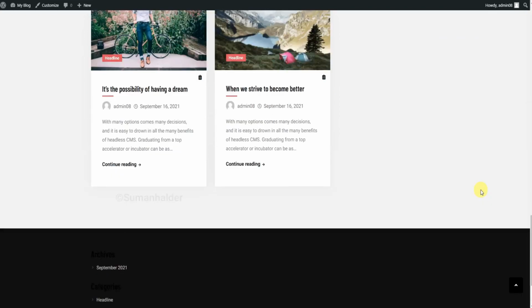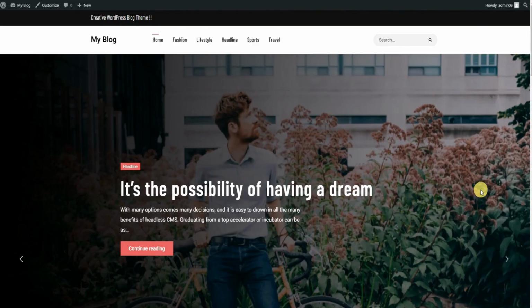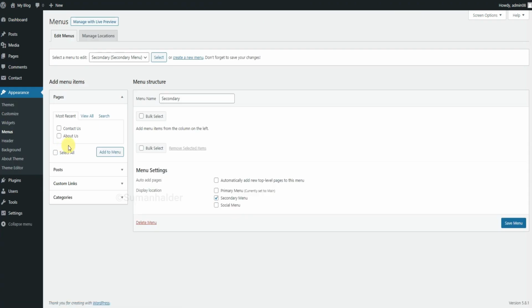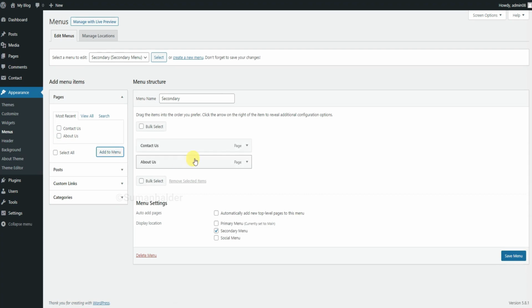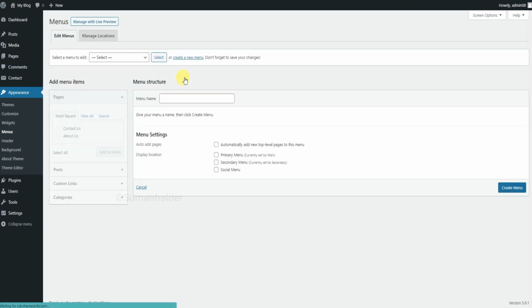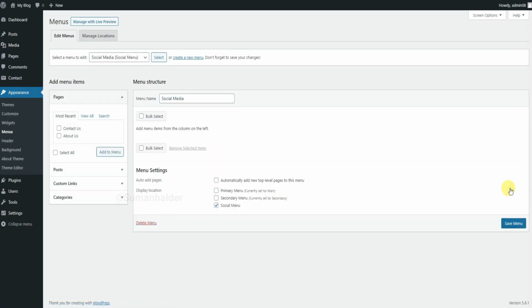So we need our social media menu. Go back to WordPress dashboard and click appearance and then menu and add 2 pages, about us page and contact us page. Click save menu. Click create a new menu. Select social menu. Enter your menu name and click create menu.